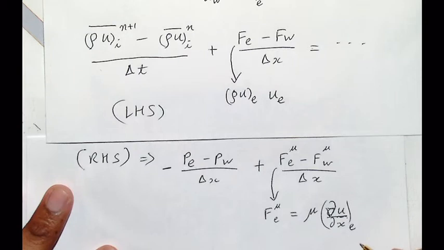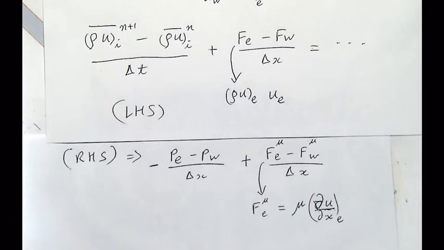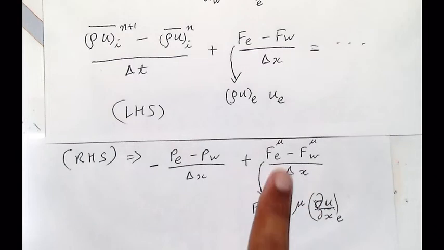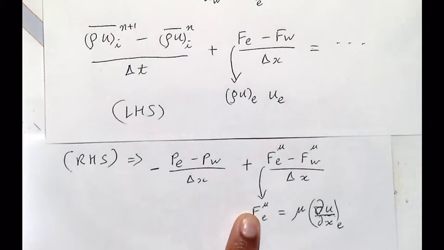Friction is normal to the viscous. What did I do? I know this is correct. So see, du by dx divided by del x will become del 2u over del x squared, which is Laplace u. Sorry, what is this flux? This is the viscous flux in the x direction.